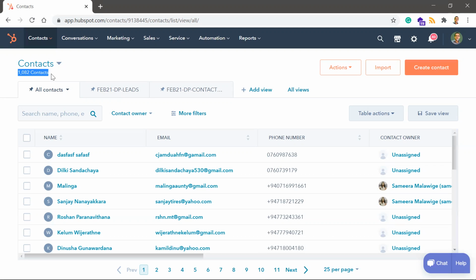Now, the problem that we face is that some of these contacts are interested in the degree pathway program, and some are interested in the BIT program of University of Moratuwa.